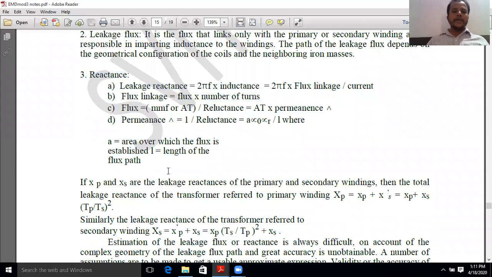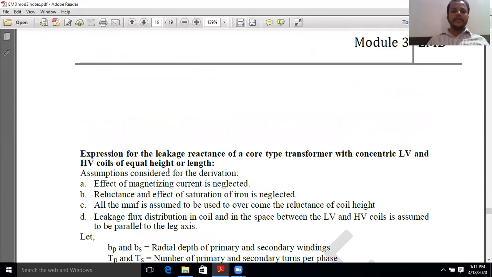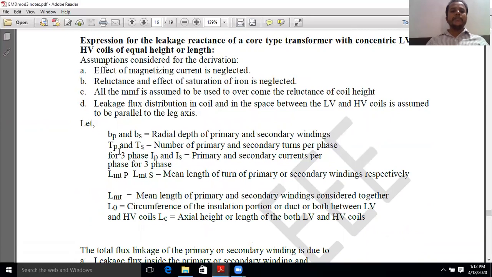So now, let us say the expression for this particular leakage reactance of a core type transformer. The first assumption: effect of magnetizing current is neglected. Then reluctance and effect of saturation of iron is neglected. All the MMF is assumed to be used to overcome the reluctance of coil height. Leakage flux distribution in the coil in the space between the LV and HV coils is assumed to be parallel to the leg axis. Now, after considering these points, let BP and BS